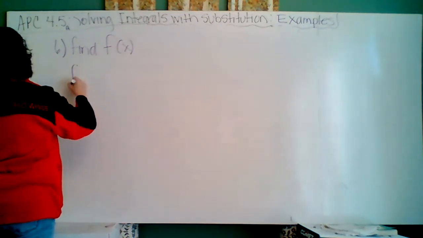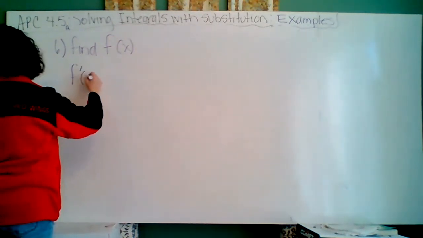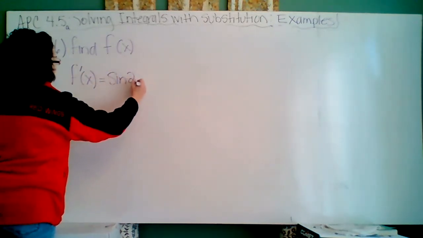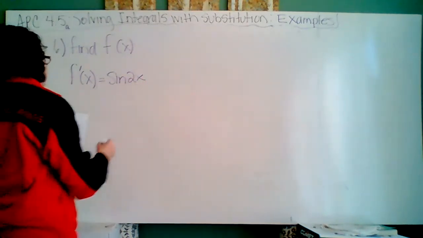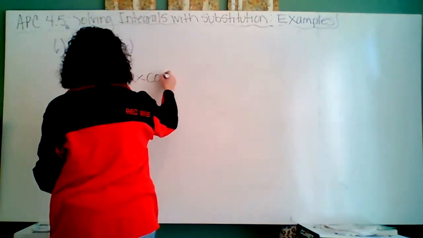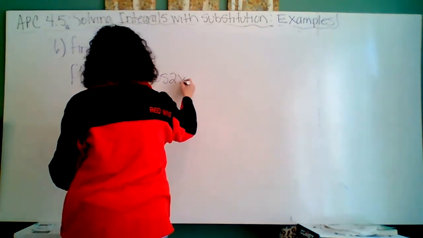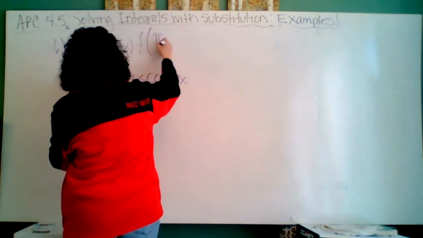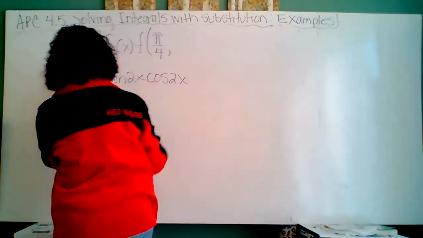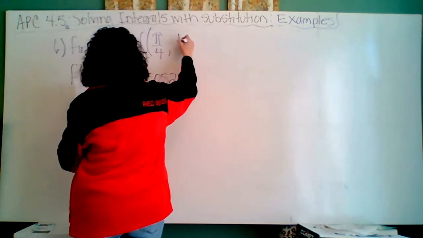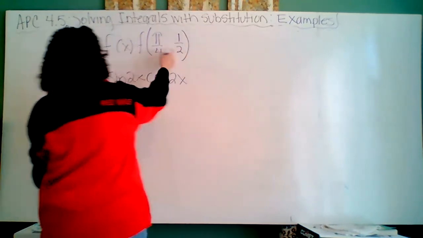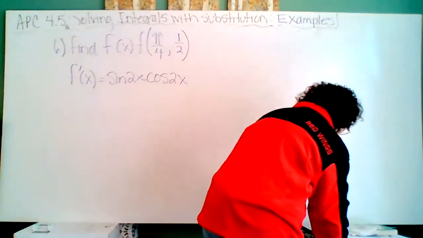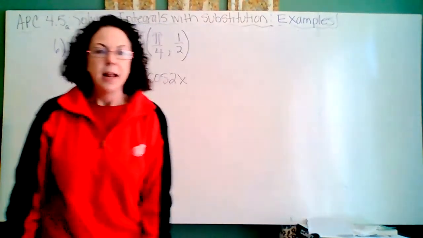And they give you that the derivative of f, right, a differential equation, is sine of 2x times cosine of 2x. And they also tell you that f has a point on it at pi over 4 and 1/2. So they gave you that information so that you can find the c. Now, just so you know, right here,